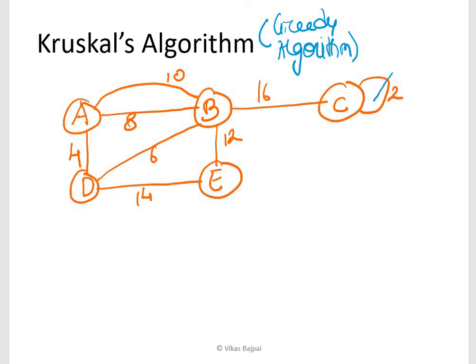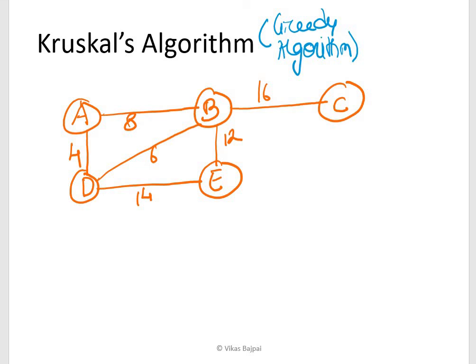So what I see is that over here I need to remove this, so I've removed it. I need to remove one of the parallel edges. So here what we see is 8 and 10. Once again I see benefit with 8, and let me remove this. So I'll once again remove this particular thing. Now I'm left with this, and since it's a greedy approach, I am going to arrange the edges in an increasing order of their weights.